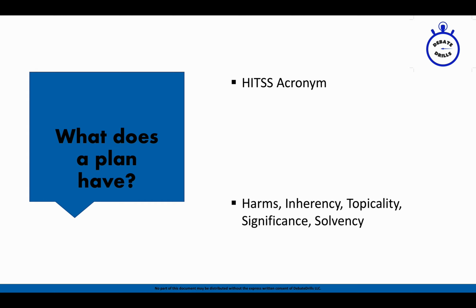As a corollary to that, inherency says the plan is not currently happening. If it has already happened, there's no unique reason why voting affirmative is good. So for inherency, I am not currently at the grocery store. Topicality refers to whether or not the plan meets its burden of proving the resolution true. That is, does that smaller circle exist within the bounds of that larger circle, or is it a separate thing altogether? So, for example, if you were to argue Walgreens is not a grocery store, then it doesn't prove that overall statement that going to the grocery store is good true, and therefore is not germane affirmative ground.